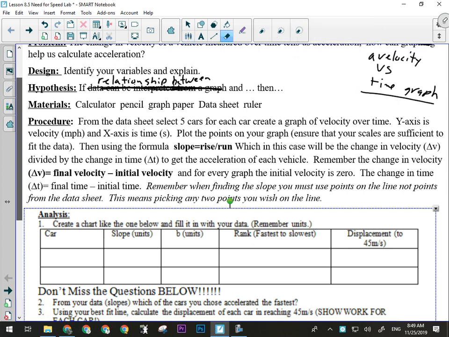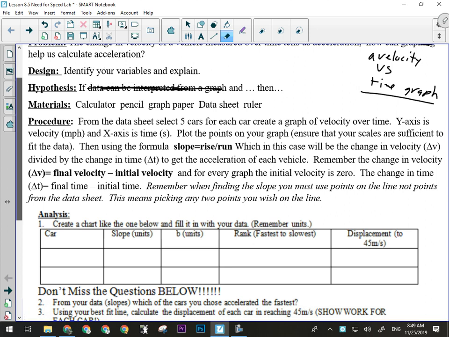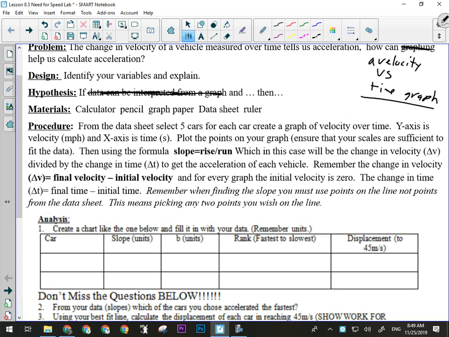Actually, you know what? Let's say that a different way. Sorry. Something sounded better in my head. For the if part, I want you to define acceleration for me. Yes, better. So if, give me a definition of acceleration. So if acceleration is, the and part is simply going to be velocity and time data are recorded for several different cars as they travel down an airport runway or something like that. Then